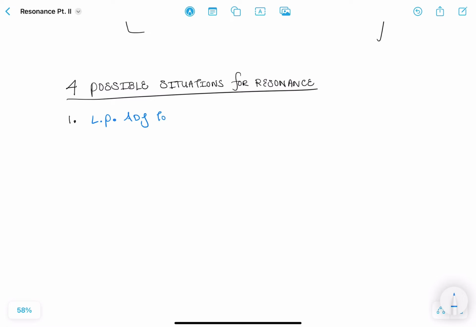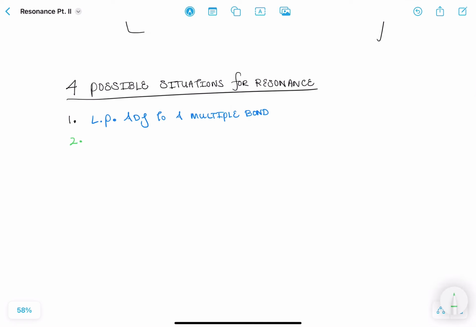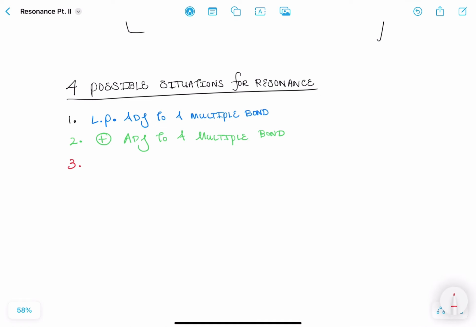Adjacent to a multiple bond. Okay, the second one is when you have a positive charge adjacent to a multiple bond. When I say multiple bond, I mean double or triple bond. And then number 3 is going to be a lone pair